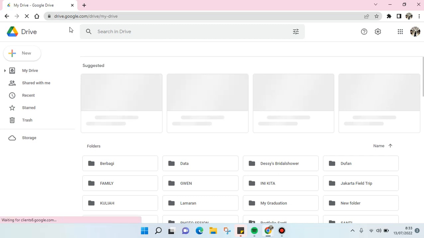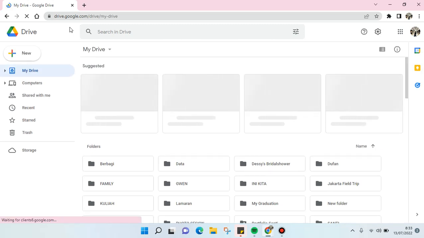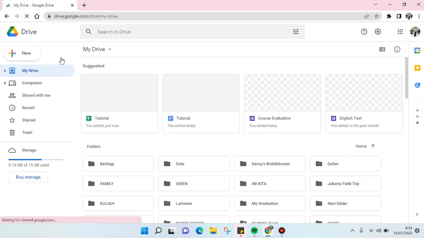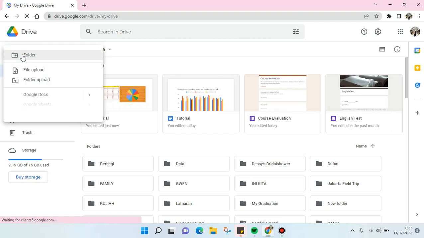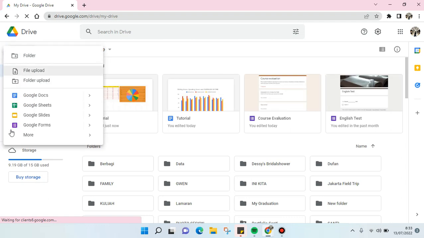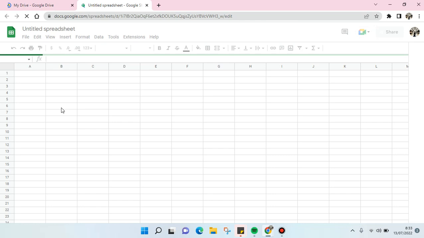drive.google.com/drive, and then here in the Google Drive, to get a Google Sheets, you can just click on New, and then you'll find the list of options, and you'll find the Google Sheets option. And if you want to get it, you can just click on Google Sheets, and just like that you get a Google Sheets on your computer, and then you can just start editing or